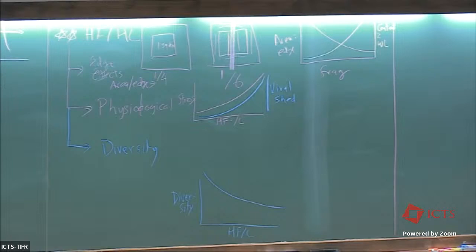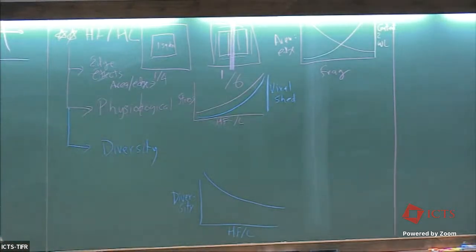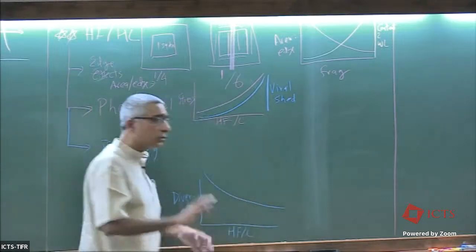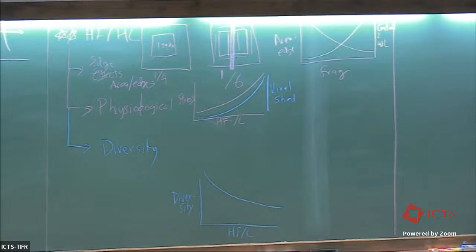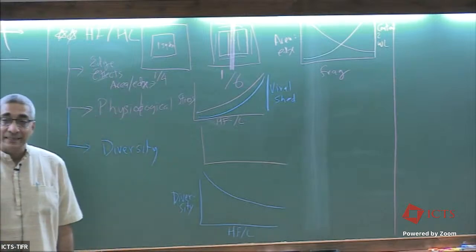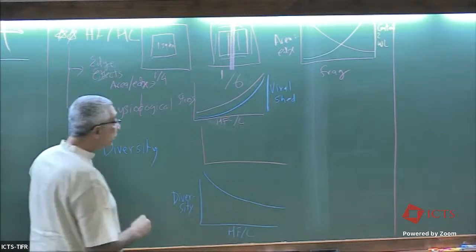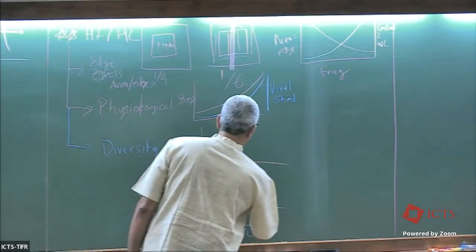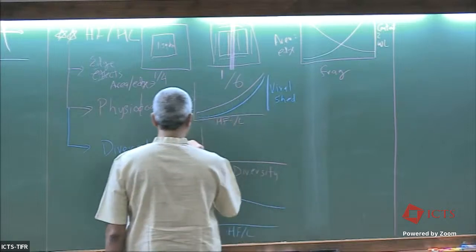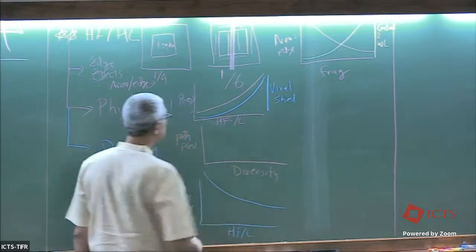Will it increase? Ashwin actually showed a slide, and this is from Jason Rohr's lab. Jason Rohr is an amazing scientist. Right now he is at Notre Dame, and he's been doing some amazing work on the diversity-disease relationship. And what they show is that, as with any good ecological system, the answer is it depends. You could have very different effects. So if you put diversity on the x-axis and pathogen abundance or prevalence on the y-axis,